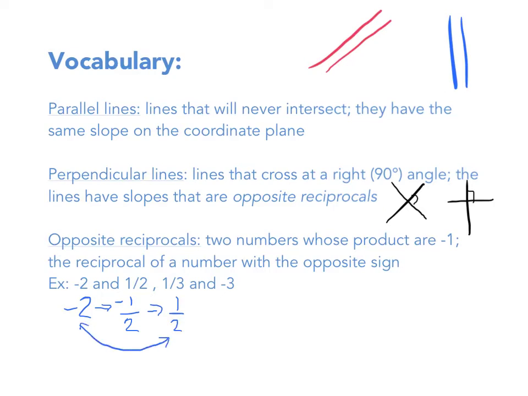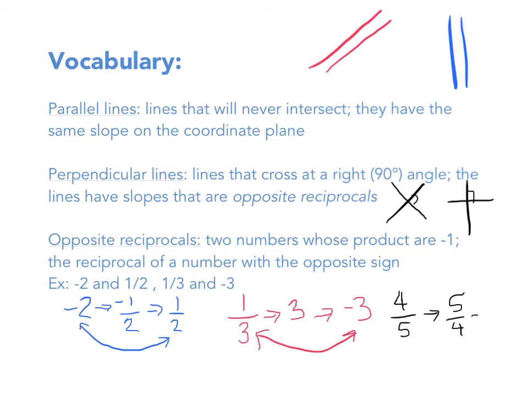And the same for 1/3 and 3. You start with 1/3. The reciprocal of that, you flip it, is going to be 3/1 or just 3. And then again, you need to give it the opposite sign, so it's -3. And these two are opposite reciprocals. And then let's just do one more. What if you had like 4/5? Well, the reciprocal of that is 5/4. Then we need to make it